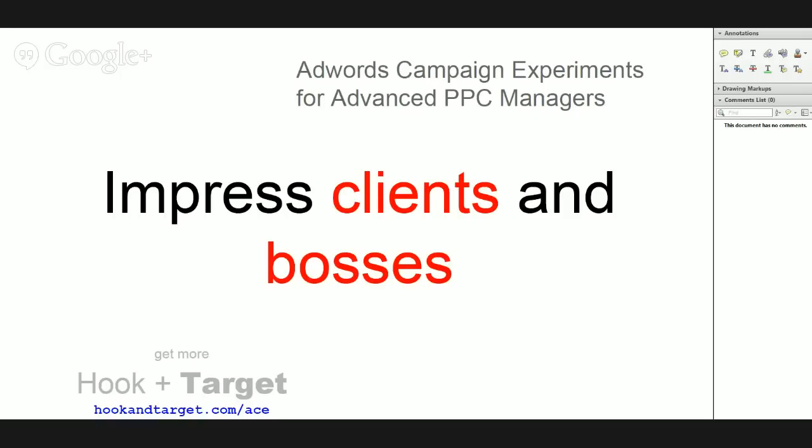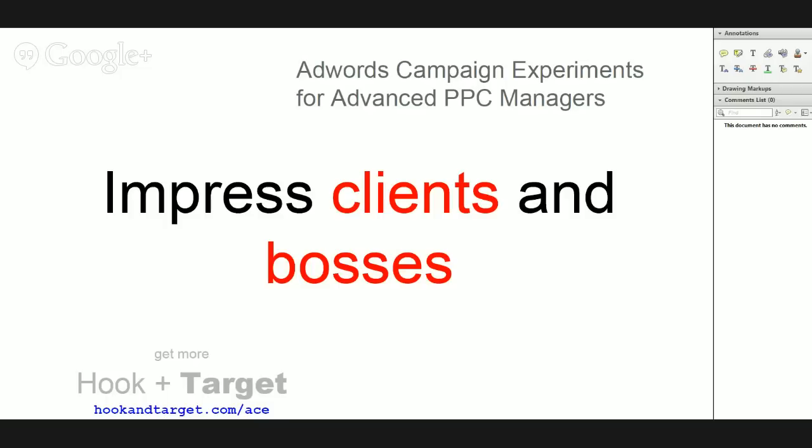When they know that you're using a tool that allows you to test and experiment in a systematic way, instead of just spewing out a best practice and not really explaining why you made this change or that this change really brought value, you actually impress your more skeptical clients and bosses. So we're going to go through all of that and get into the real nitty gritty on how to use AdWords